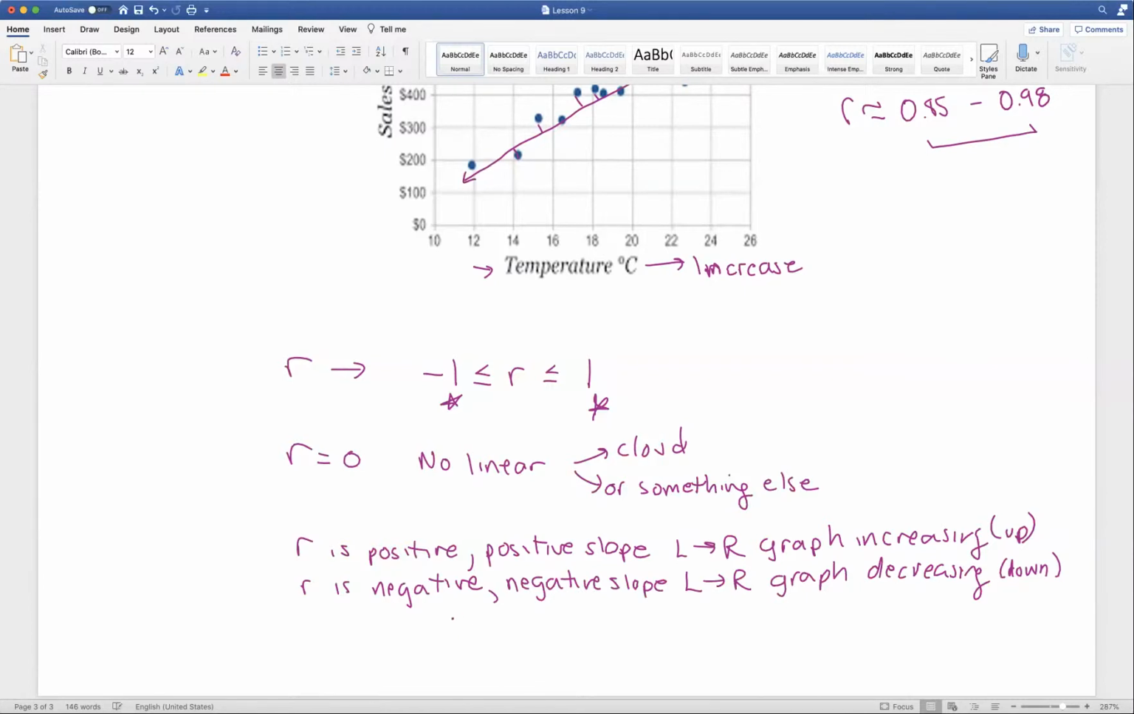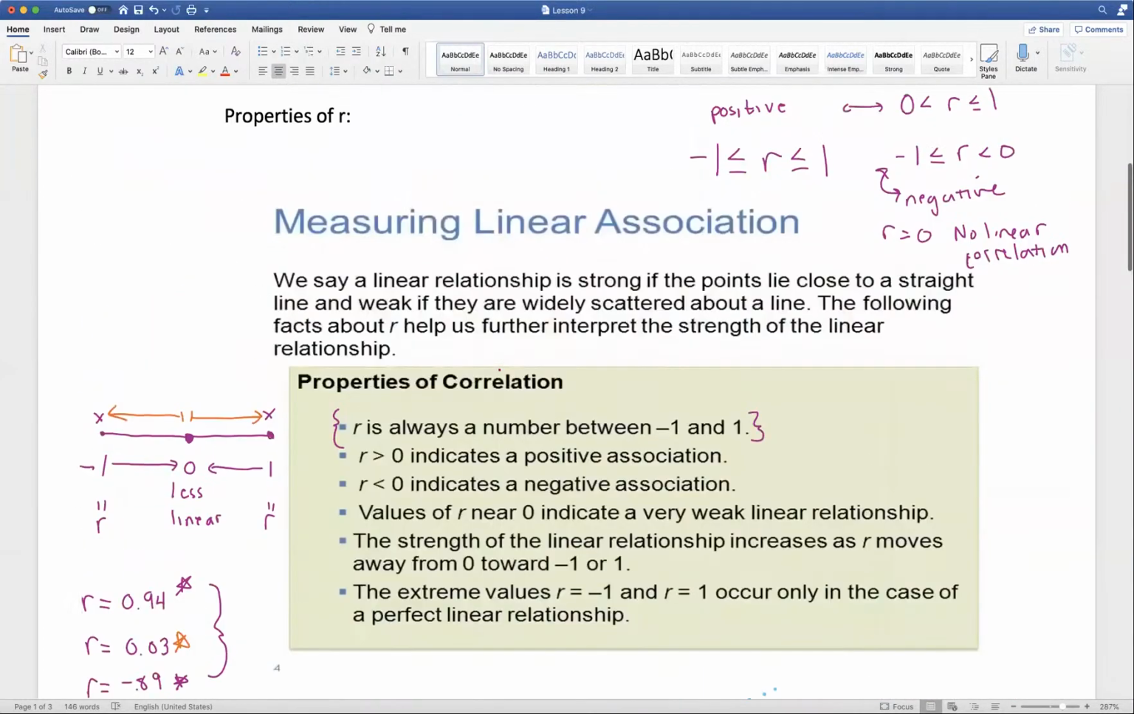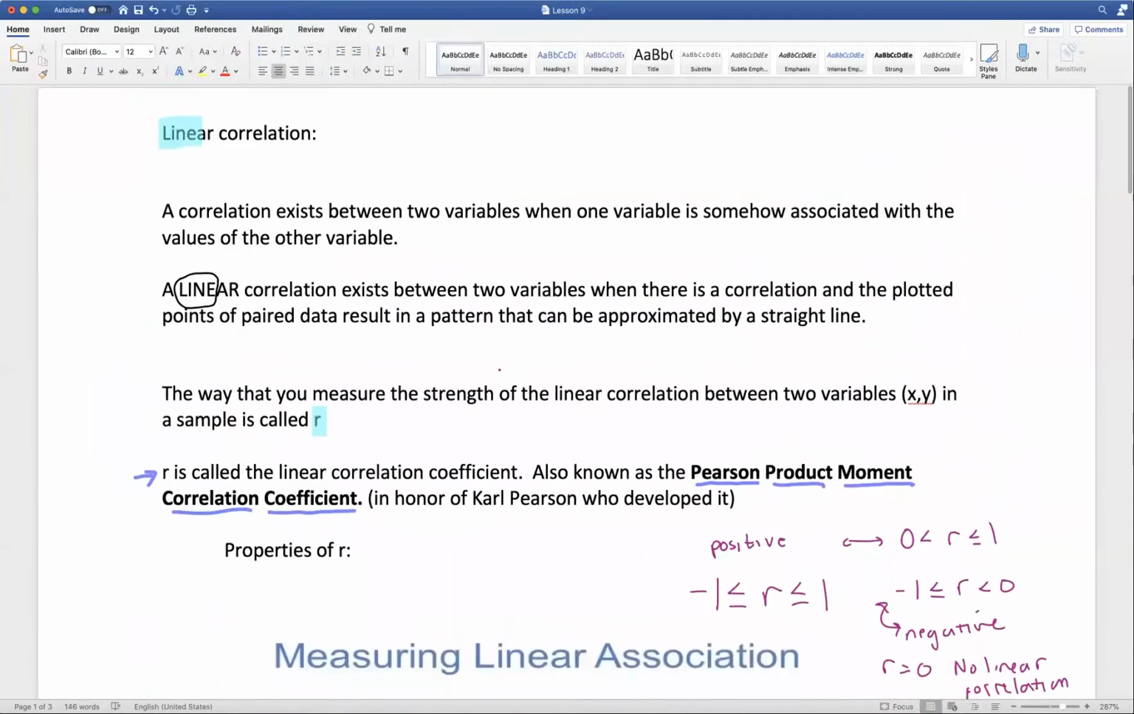All right, and with practice, if you look at more and more pictures, you'll be able to get a good idea as to how to approximate Pearson's product moment correlation coefficient, also known as